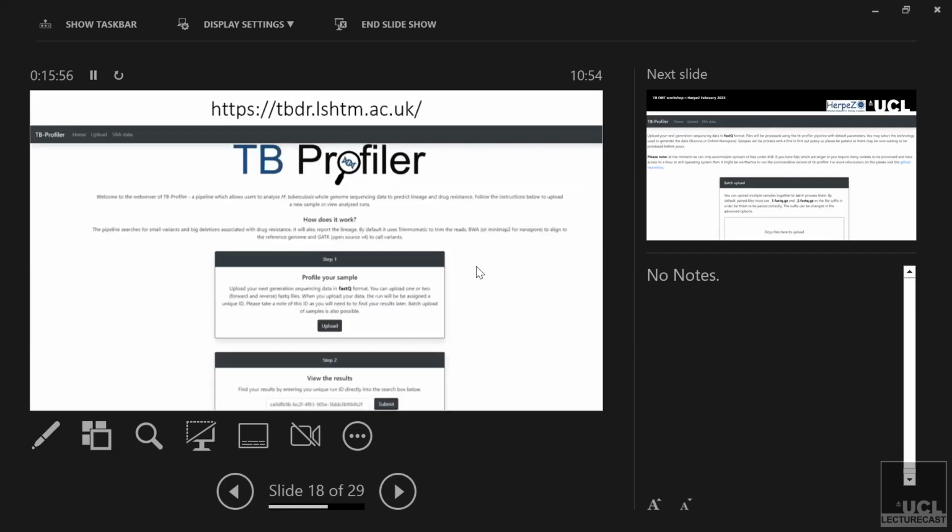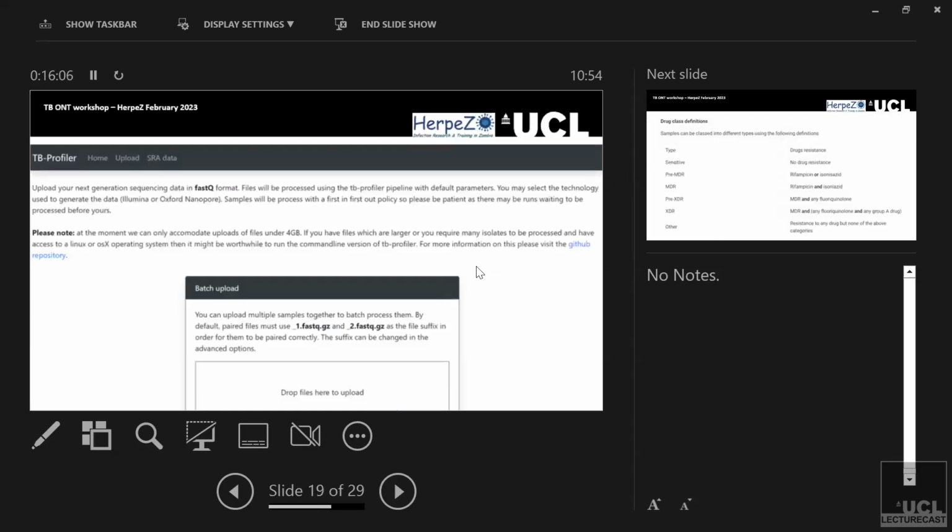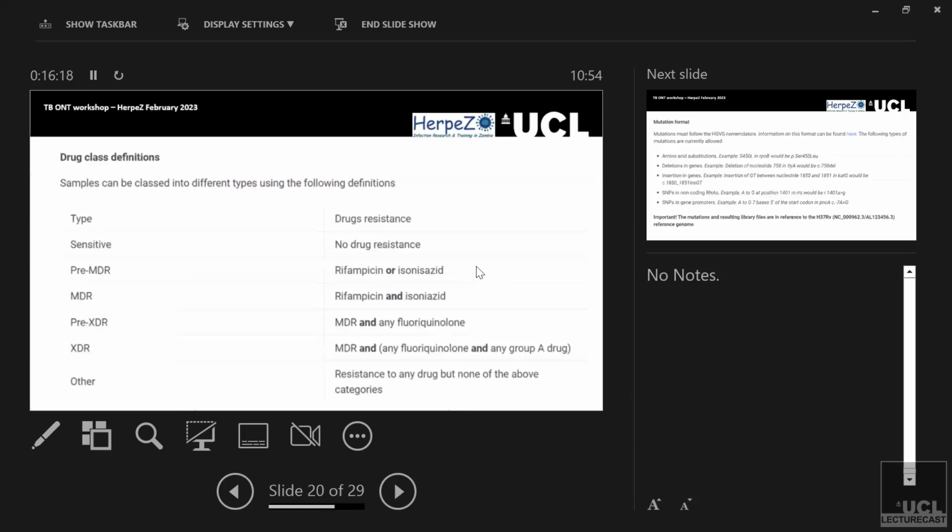So that's the website link, and this is kind of the website. We can have a look in a sec. But basically what you do is you add your sample, so it says upload, and then it says, do you want to add paired or do you want to just add one? So it gives you the option of putting Illumina or nanopore, and obviously if you've got nanopore data, it's just one. If you've got Illumina data, it will be the two. And then what it does is it gives you